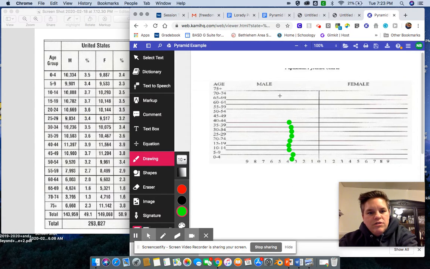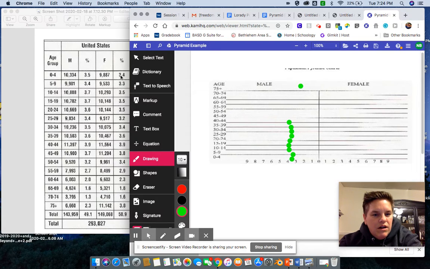So you'll finish all the way up to 75 on the graph, and you'll see it works its way to 75 plus. So at 75 plus, then you would graph 2.3, which you find the 2 right here, and 75 is up here. So I don't know, somewhere around there. You could use a ruler if you want. But when you're done, you'll have this side of the pyramid for male, and then you'll have to work your way. You'll see here for female,